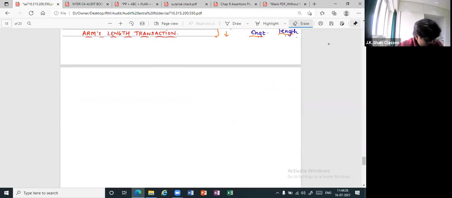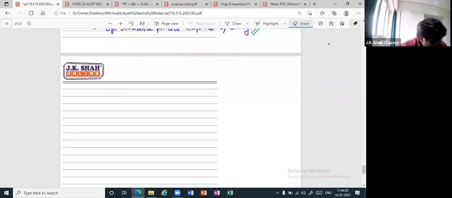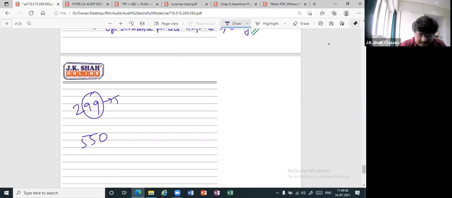See, joint audit was SA 299. And this is 550. Joint audit means what? I told you, 9 and 9, they are together, joint. But joint audit means 2 auditors minimum, hence 299. Whereas 550, they are twins, they come together. So 5 minus 5, how much? 0.